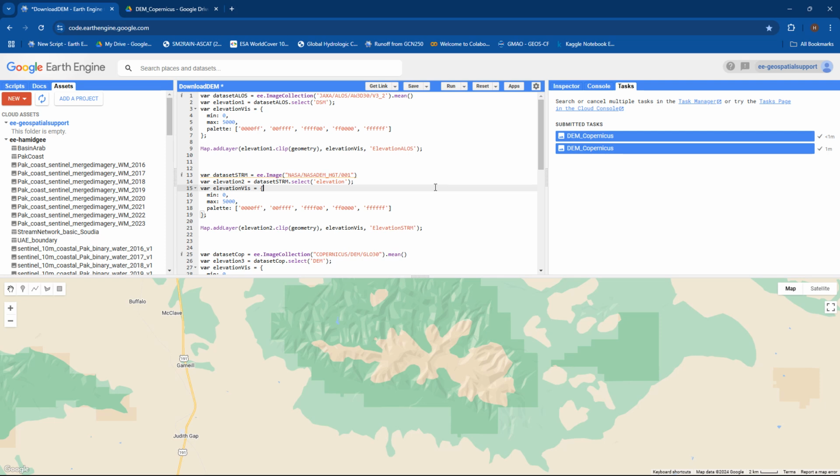Today we are going to do watershed modeling. It's also called catchment, stream network. It has different names. We will do it using Google Earth Engine and ArcGIS Pro. We will use Google Earth Engine for downloading the